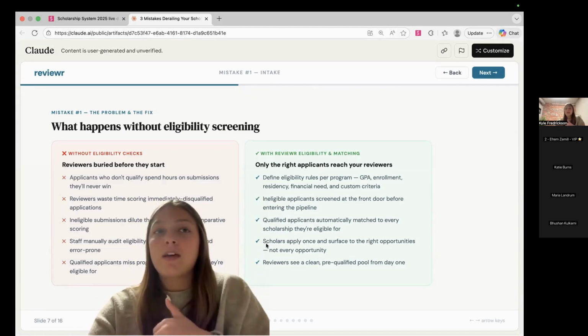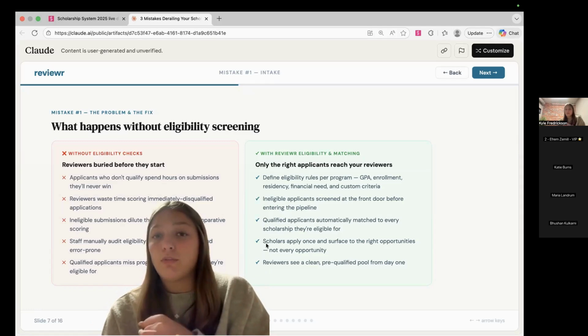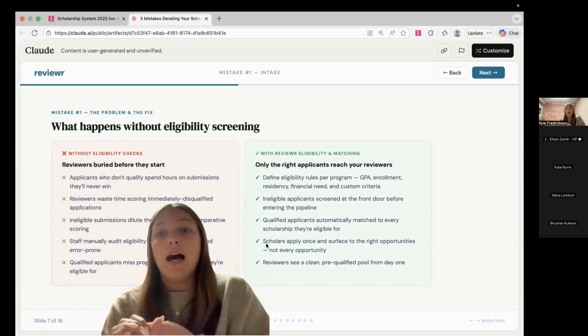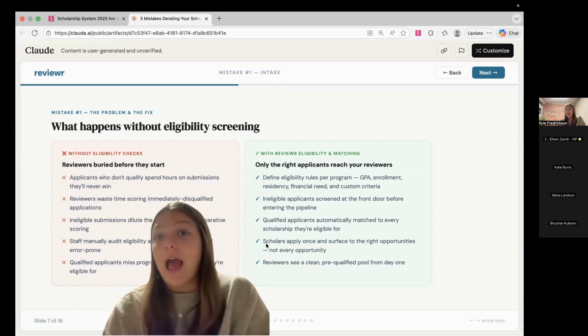So just kind of the flip side of that, you saw that with the eligibility. Only eligible applicants are going to be able to move through your form. There's going to be a clear divide of who's ineligible and who's not. That's going to save you time as an admin and then also your reviewers' time because there really is 2